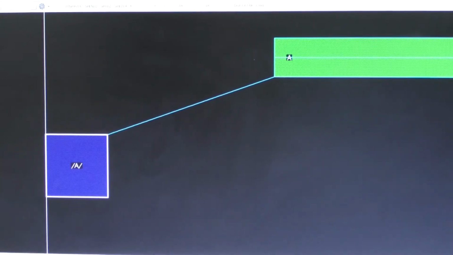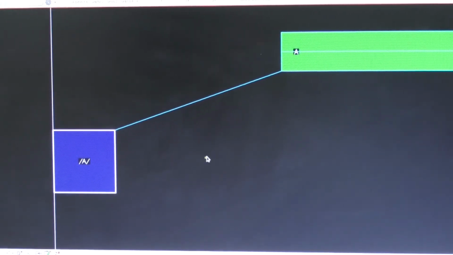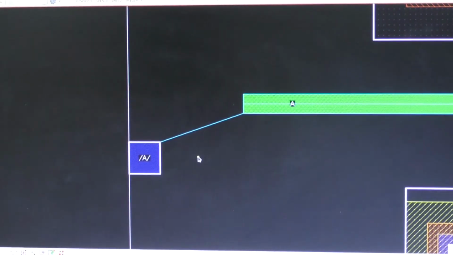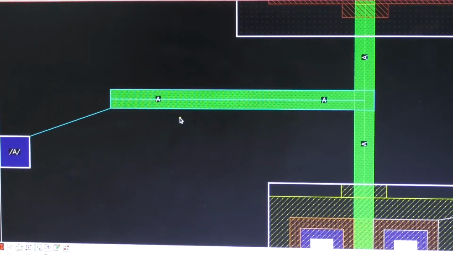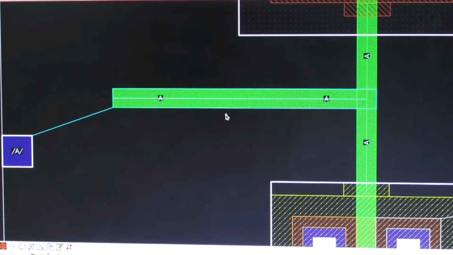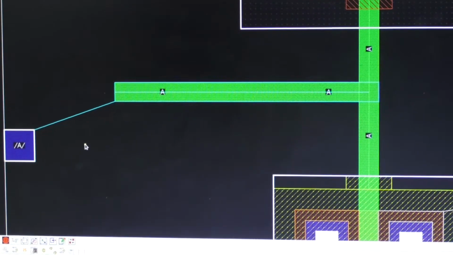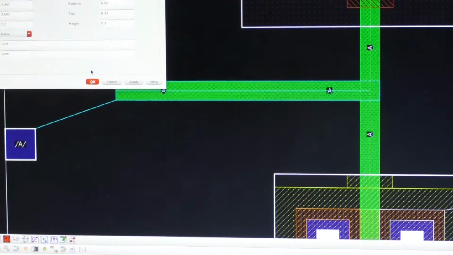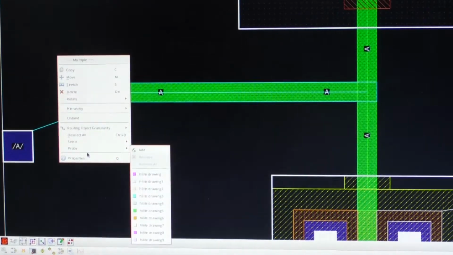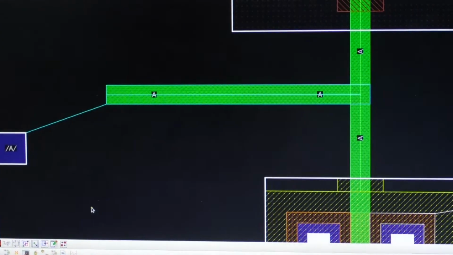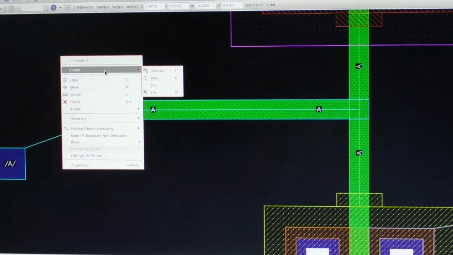This is the metal one, and in order to make this metal one to poly interconnection, we have to consider its corresponding vias. The tool has a specific option for this: create via.